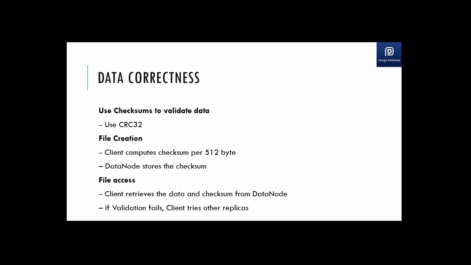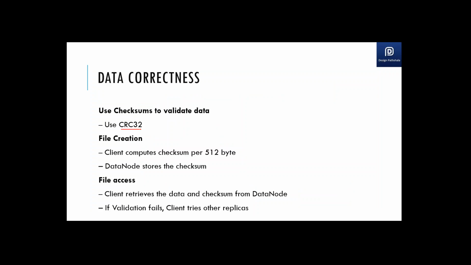Data correctness: your blocks also have a header which contains the checksum of the data. The algorithm used is the CRC32 algorithm, and there's a frequent backend checksum process which keeps on running on your blocks. So if some blocks get corrupted, those are automatically replicated in the backend to other data nodes by virtue of the name node backend processes. So these checksums also keep on running at the backend.